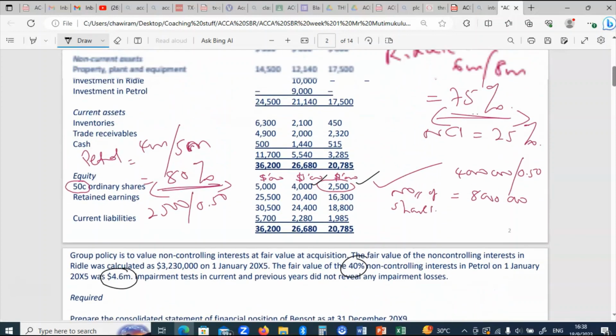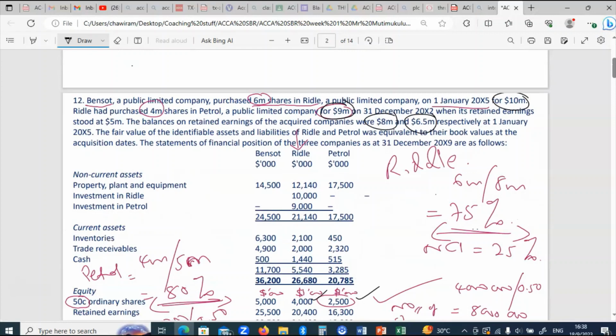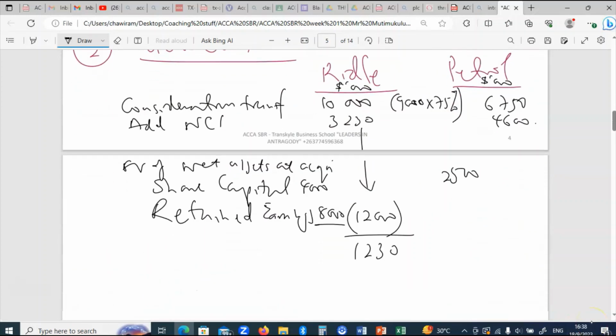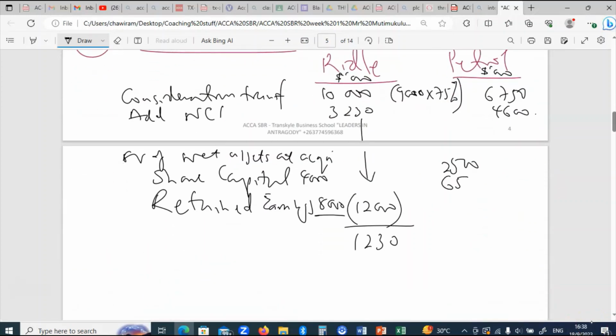The retained earnings, the information is given somewhere. Okay, this was 6.5. Okay, we add these figures and we come up with the complete figure of 9 million. We then have to deduct this from the other figures on top there, and we get our